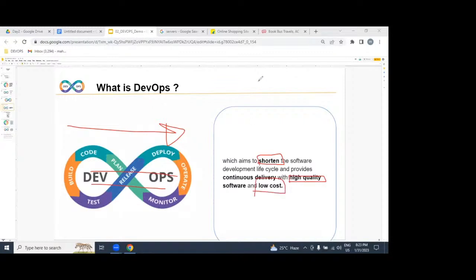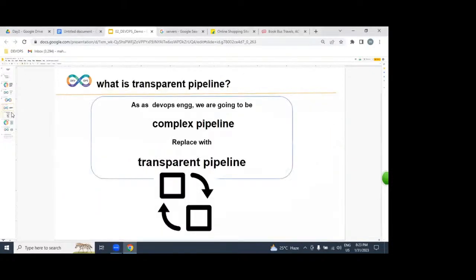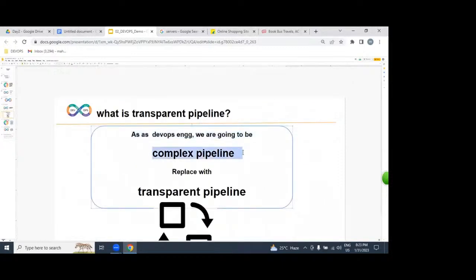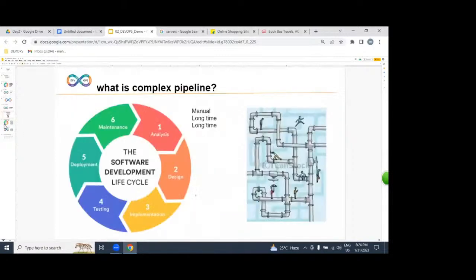That is the DevOps process. But when you step into the company, what is the major goal? We are going to be replacing the complex pipeline with a transparent pipeline. The complex pipeline, which you are calling SDLC.